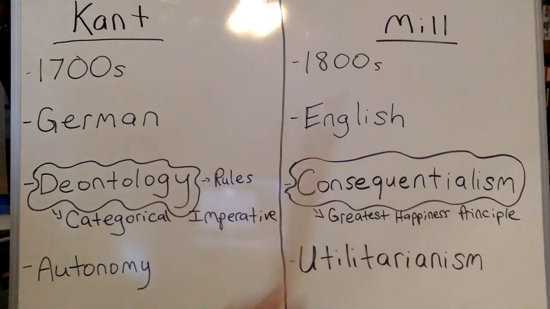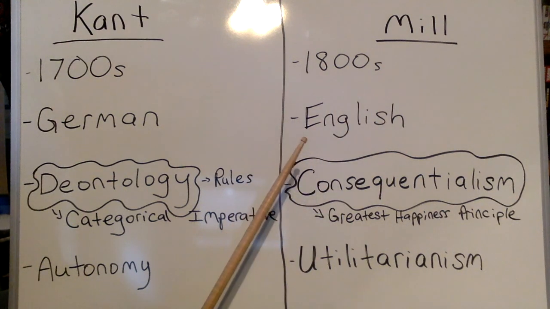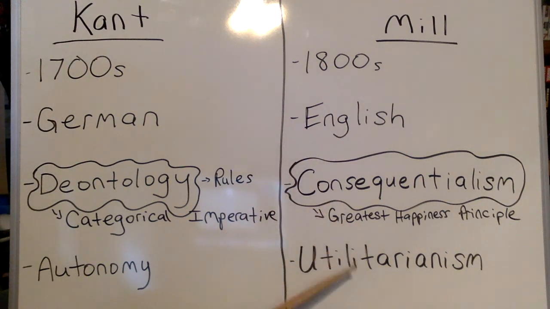So, moving on to John Stuart Mill. He was around in the 1800s, that is the 19th century. He was an English philosopher who was really best known for his support of utilitarianism. Okay? Utilitarianism is a moral theory that is consequentialist. Okay? So consequentialist moral theories are going to focus on what the outcomes of our actions are over the rules that we should be following, right?